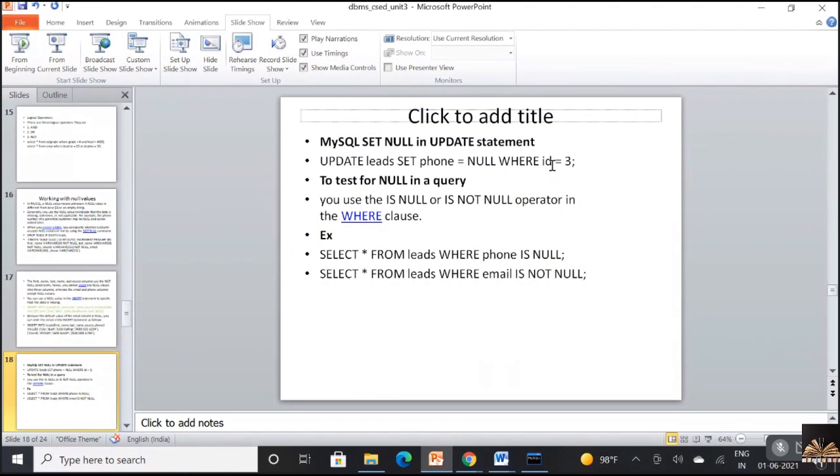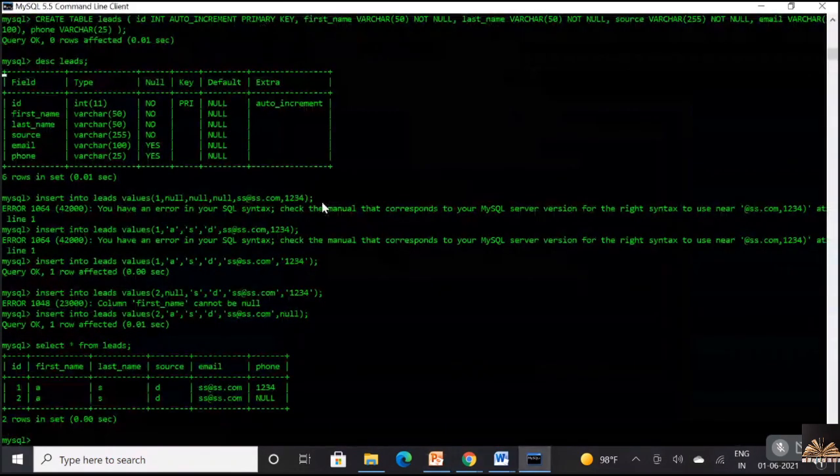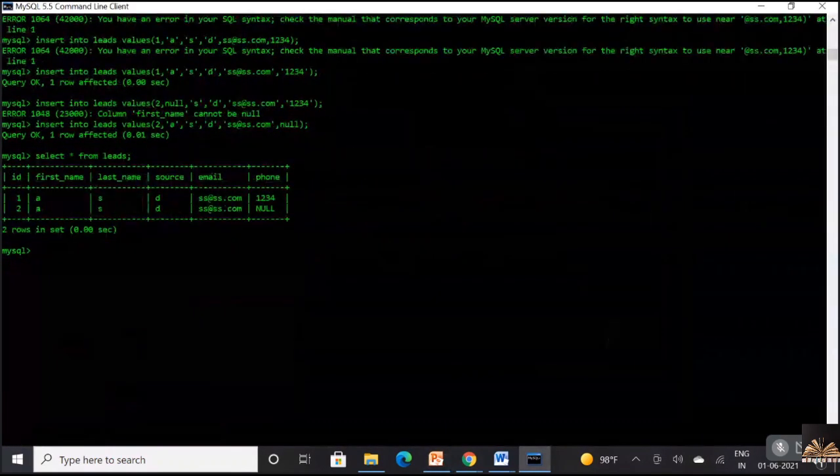And whenever you want to test for nulls, you're not going to directly use equal to. Rather, you're going to use something called is null or is not null. So you use the is null or is not null operator in the where clause. So what I'll do is, I want to find the details of the leads whose phone is null.